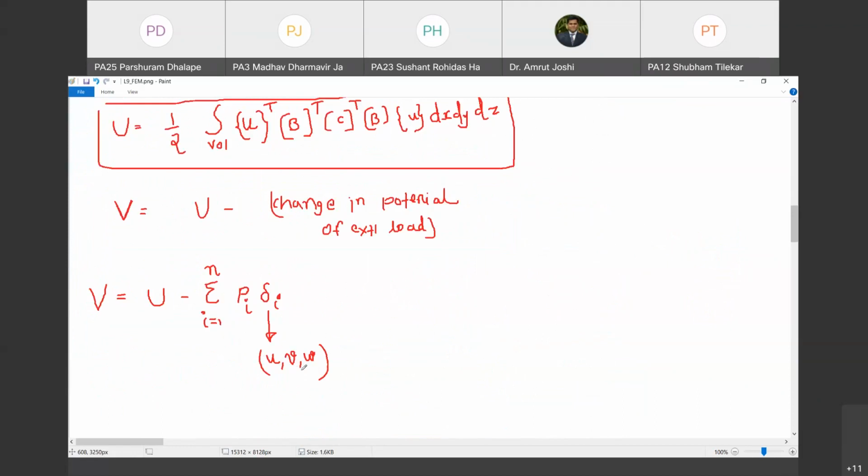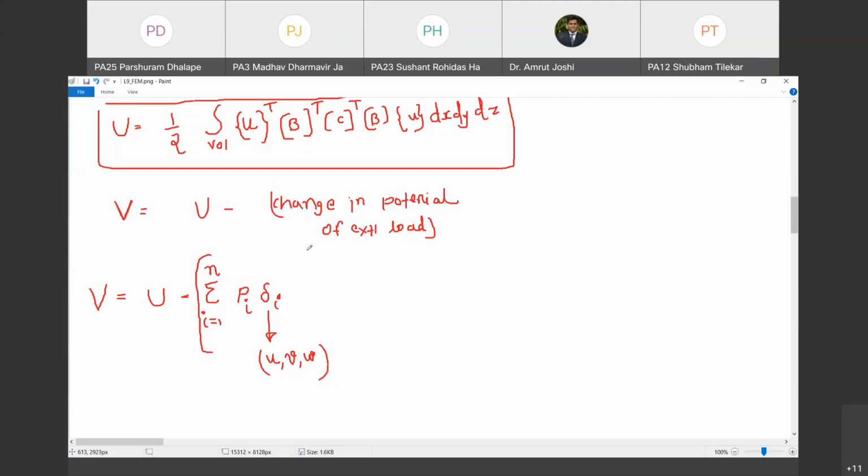Yes. Now, let us go ahead with the next load. So this negative sign sits outside. Now, if this PI and delta I are in the same direction, we are going to have the positive sign for this term. If PI and delta I are in opposite direction, we are going to have a negative sign for this term, and so forth. So we are aware of the sign convention.